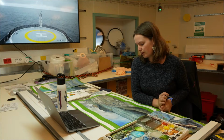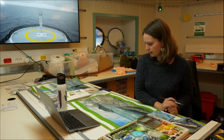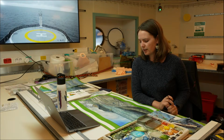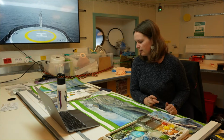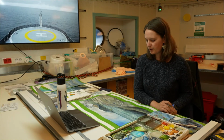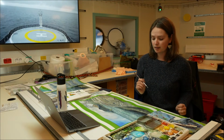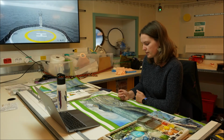And so right now I'm working on a big watercolor painting about basically the overarching region we've been in. We are in southern Chile, in the northern Patagonia region, and I'm painting the town of Chaiten that we have been offshore of for a lot of our trips, and I'm also painting the volcano, Chaiten volcano, which is only about 10 kilometers from that town, and that's a big part of why we're here doing the research